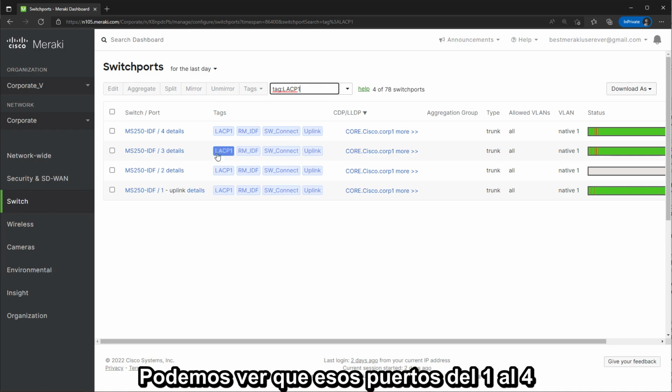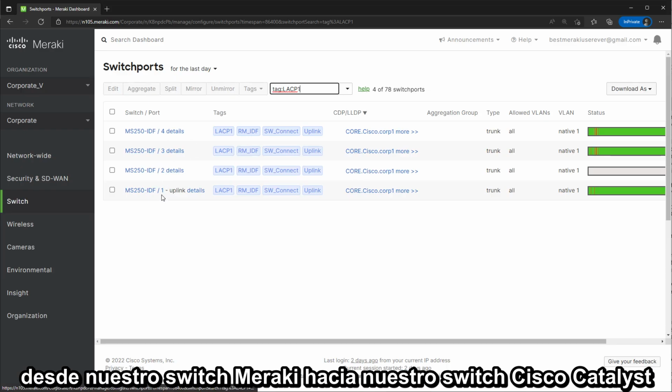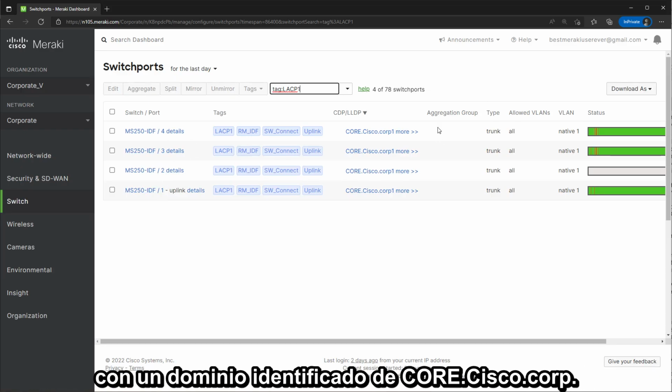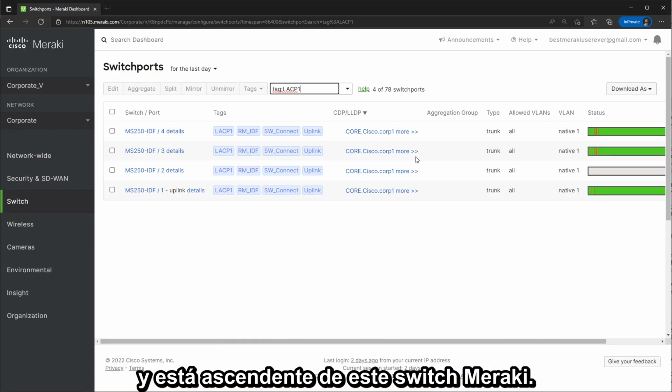We can see that ports 1 through 4 are identified for use in an uplink connection from our Meraki switch to our Cisco Catalyst switch with an identified domain of core.cisco.corp. The Cisco Catalyst switch is operating as a core switch in our infrastructure and is upstream of this Meraki